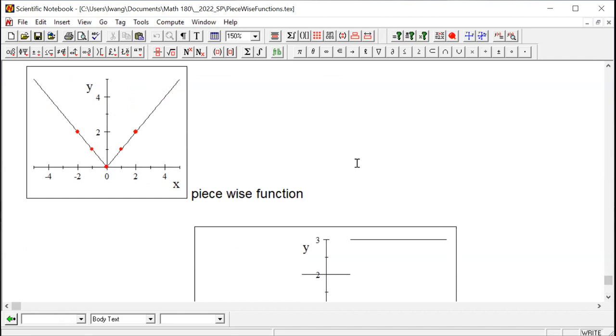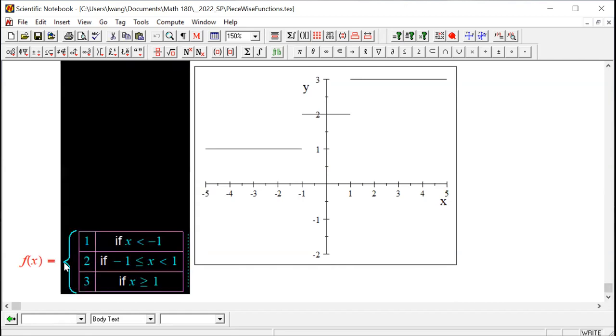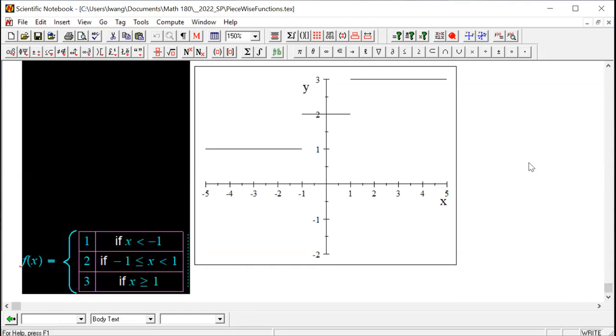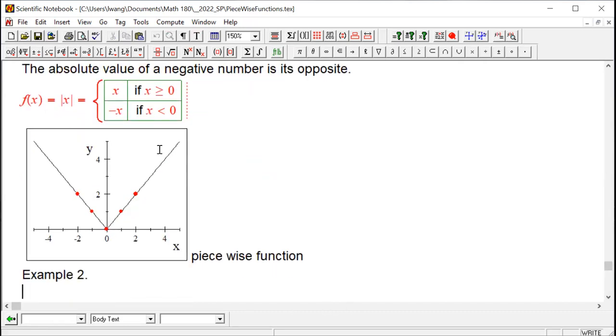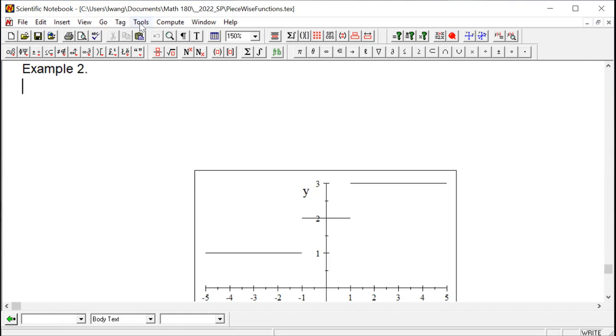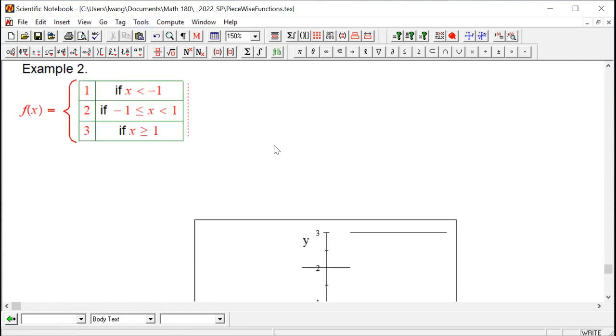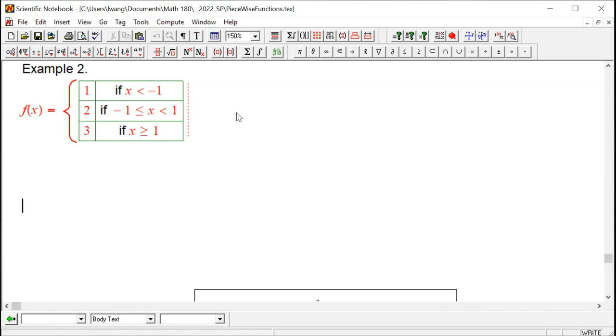So next, I'm gonna show you another example of a piecewise function so we can have a better understanding of it. So before we look at the graph, this function, of course, I put it in your homework. Actually, all of these, you see them in the homework. Before I let you see the whole graph, of course, you already saw it, I'd like to explain to you the meaning of it. The meaning here is basically saying if the input is less than -1,